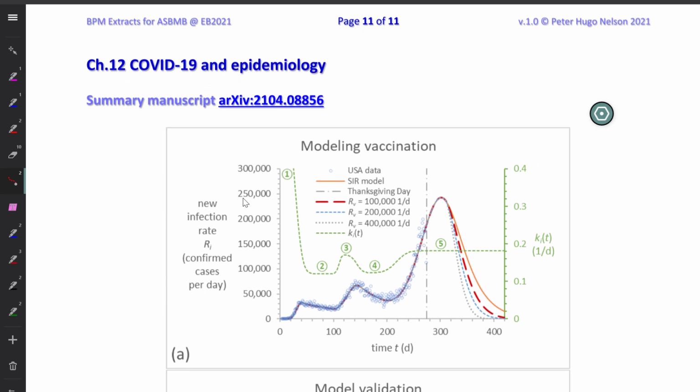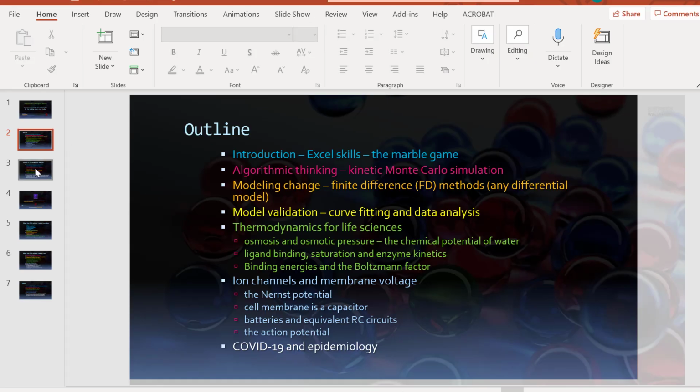And unfortunately, we don't have time to talk about how the same techniques can be used to model COVID, but you can check out this paper on arXiv, which I recently posted. All right, so getting back to PowerPoint,